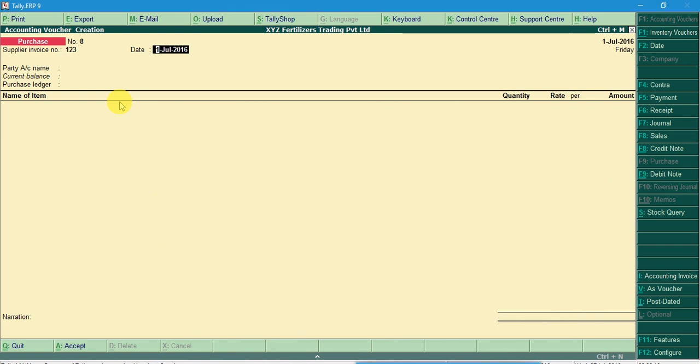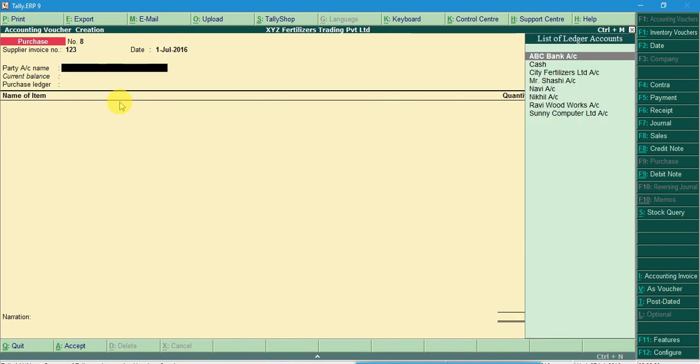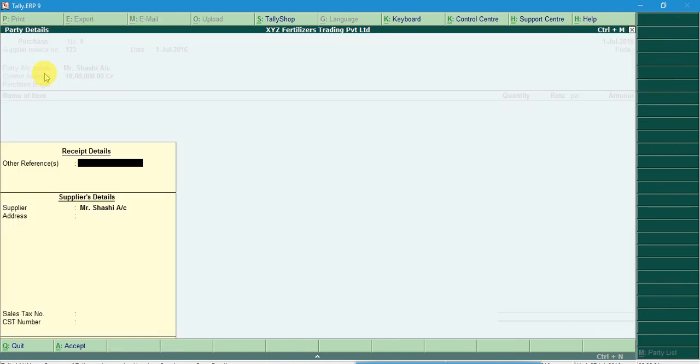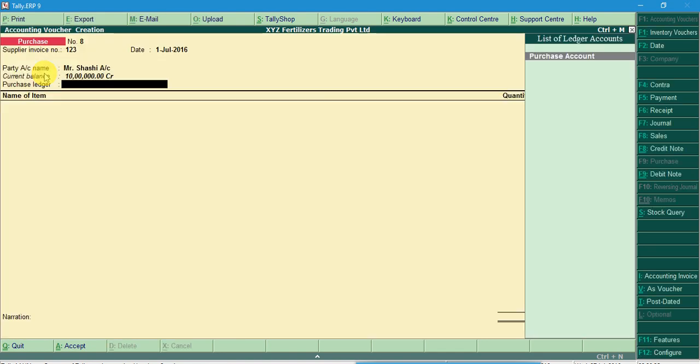Date is 1st July 2016. There we have to fill the party account name, the person from whom we purchased goods, Mr. Shashi's account. There you have to fill the supplier details, and this is the purchase ledger.